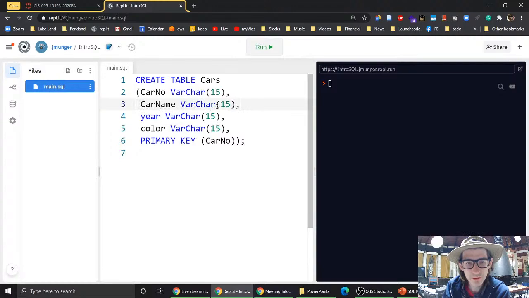Car name, 15 characters, year, 15 characters, and color, 15 characters. So I didn't really put much thought here. I think I just wanted to see something that would work. Down here, this is how you specify